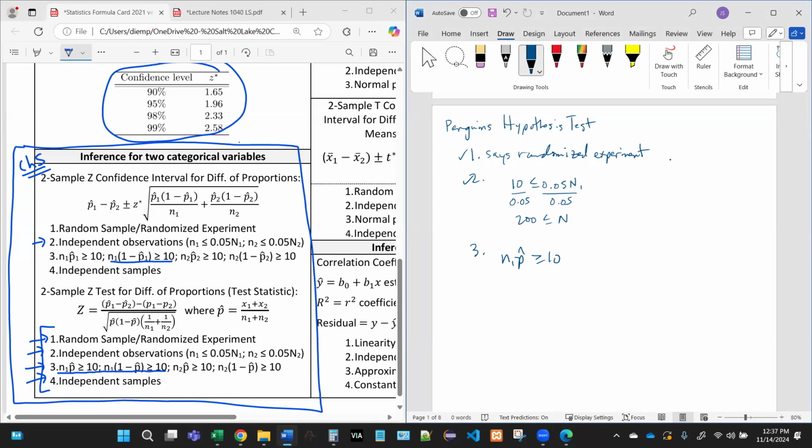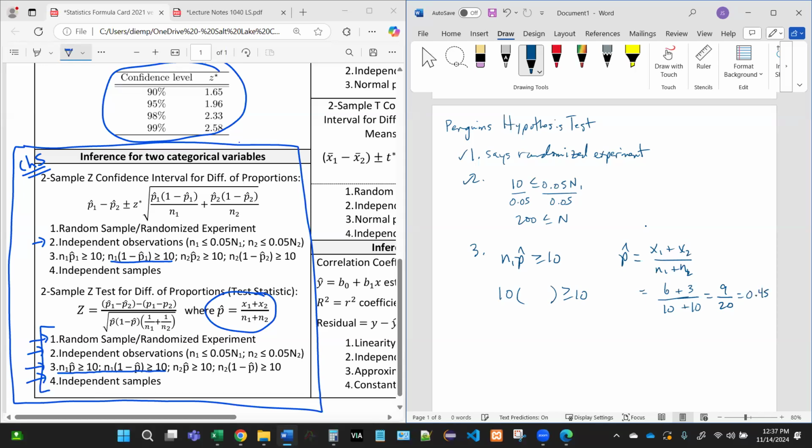So n1 is 10. What is p hat? Well, p hat is the blended pooled proportion. So I'm going to go x1 plus x2 over n1 plus n2. So that's our p hat. How many successes were there in the first group? There were 6 out of 10 survivors. And then in the second group, the banded group, there were 3 out of 10 survivors. So that's 9 out of 20, which is a pooled proportion of 0.45.